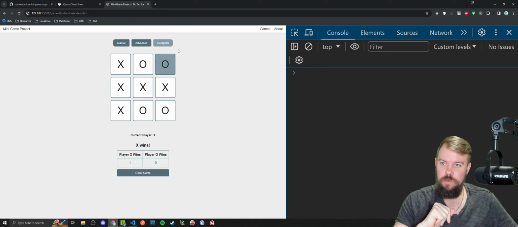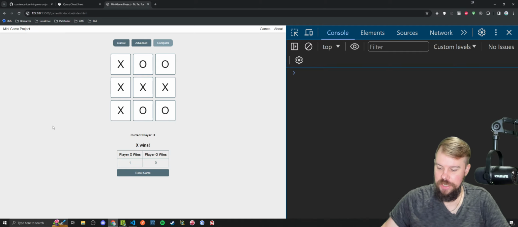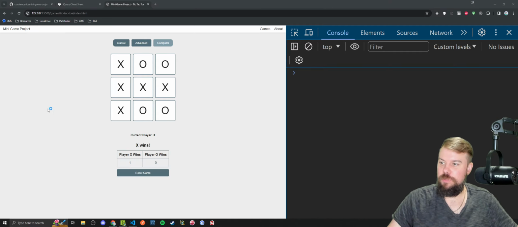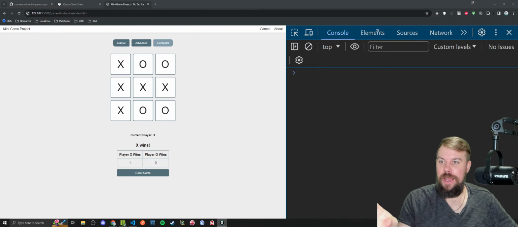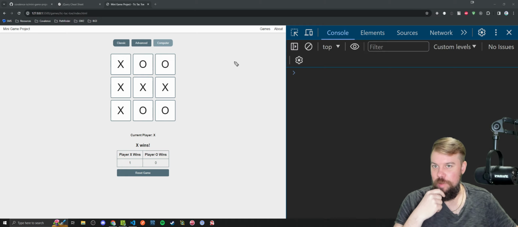So instead, we're gonna try and implement a slightly smarter computer, because like I said, at the moment it just does the most random possible move. Find an empty space, generate a random move, play that move. That is the entirety of our computer's quote-unquote AI. So instead, what it needs to be doing is it needs to say, hey,